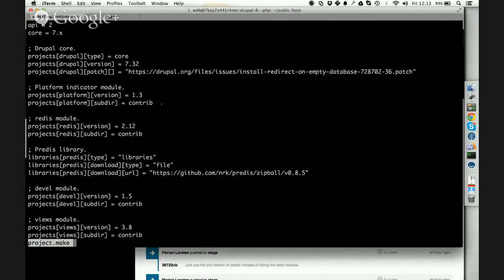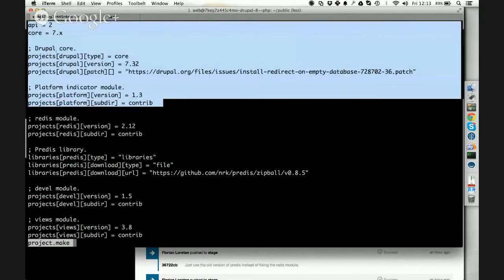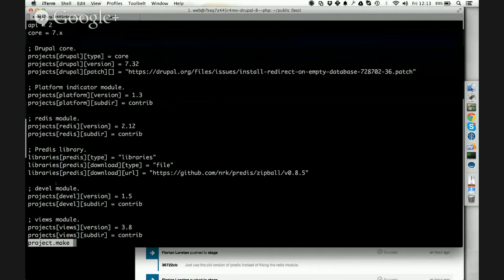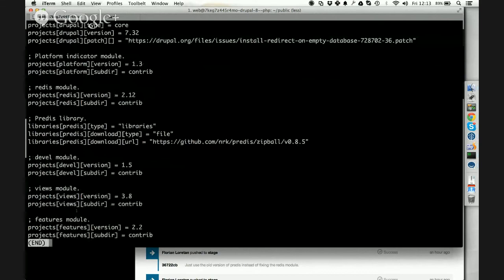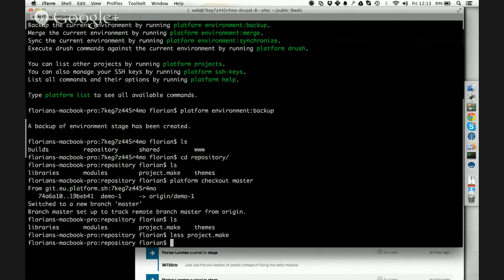Actually, the only thing that was there originally is just Drupal core and the platform indicator module. And I added the Redis module with the accompanying library. I also added the devel module, the views module, and the features module, just to have a couple of things to show off. So really, Drush makefile, and then you have the directories for your modules, your themes, and your libraries, things that will end up inside default modules, themes, libraries, and so